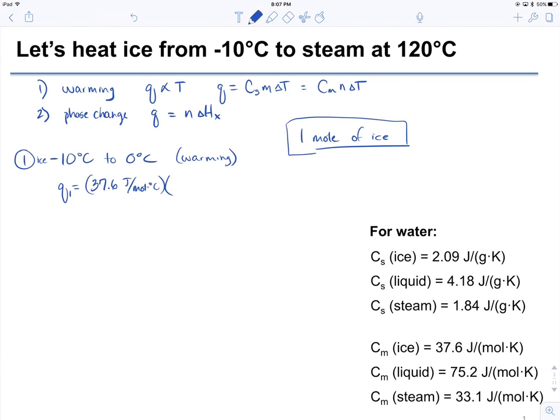And so I'm dealing with 1 mole here, and then my change in temperature, delta T, is equal to T final minus T initial. So my final temperature is 0 degrees minus my initial temperature, which is minus 10 degrees Celsius. And so overall, my change is positive 10 degrees. So we check our units cancel out, and I'm left with